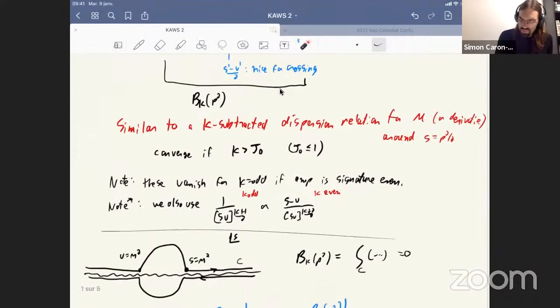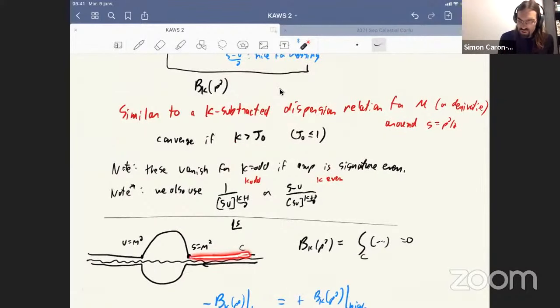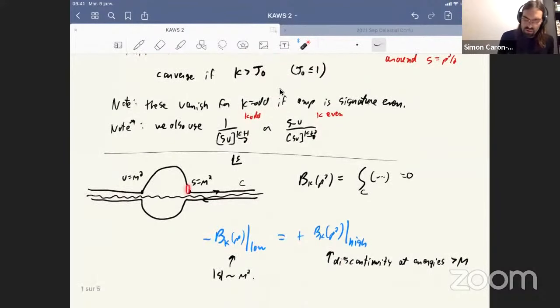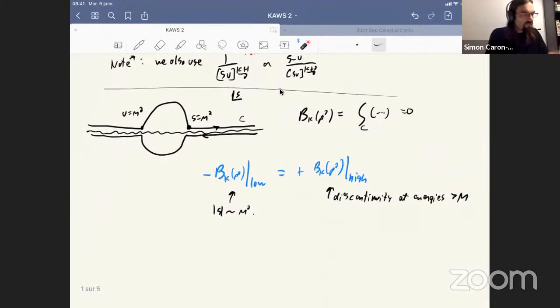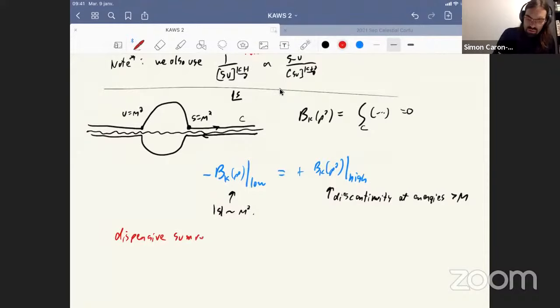So the idea is that on this cut here, I want physical processes where the energy is above this m and the transverse momentum is below this m. So I'm guaranteed to have physical processes on this axis. And here, it's some complex process that's not necessarily a physical process, but we can assume it to be a computable process in field theory, for example. So the idea is to have some relation, or dispersion relation, or dispersive sum rule, relating low and high energies.